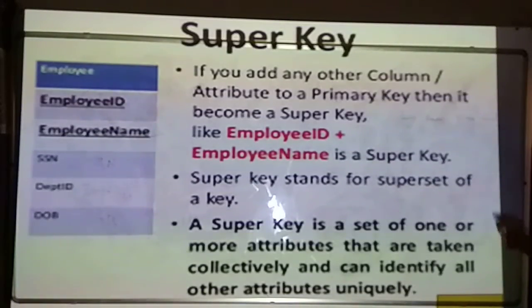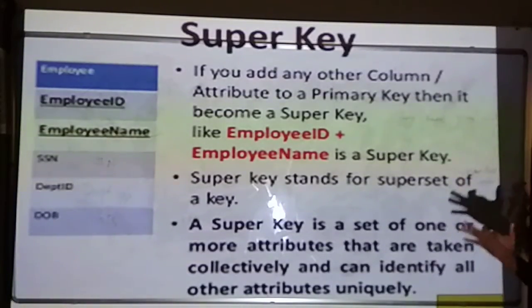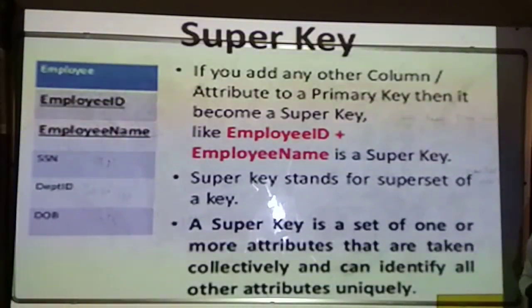Then that will be called your super key. For example, here the super key can be student ID, student name, student fee, student department ID. The complete collection of these can be called a super key.